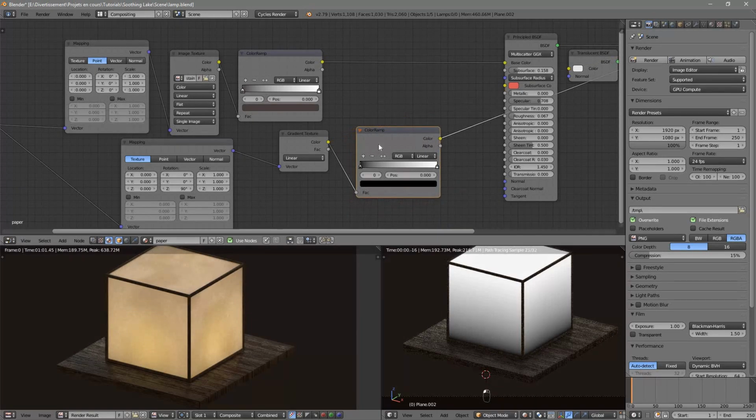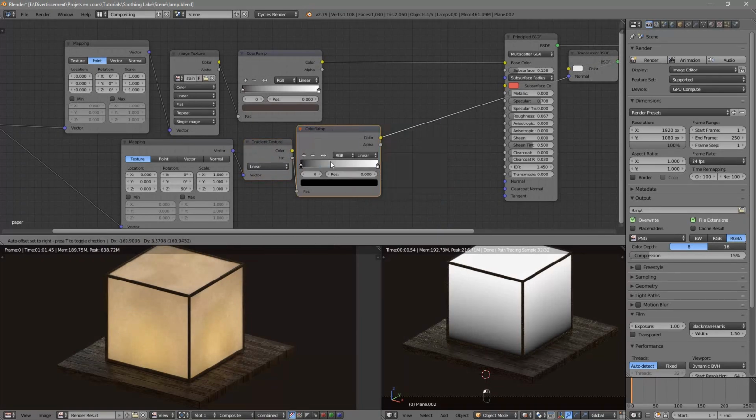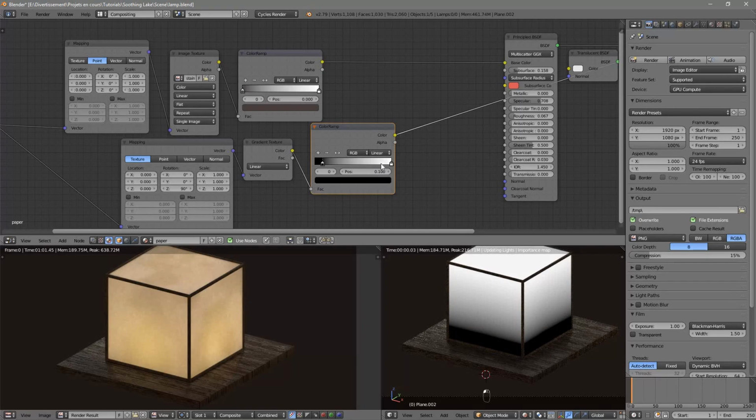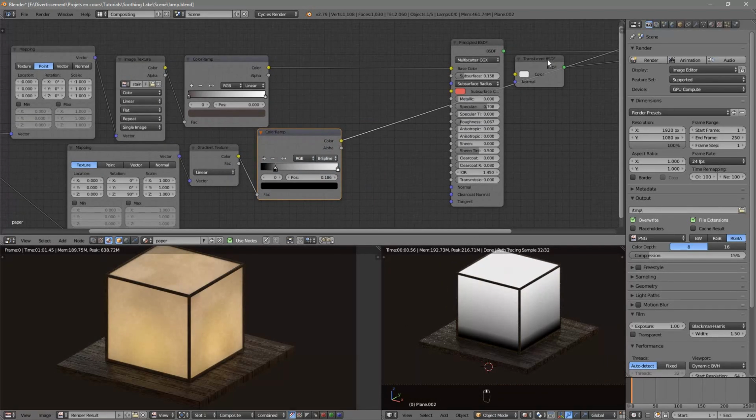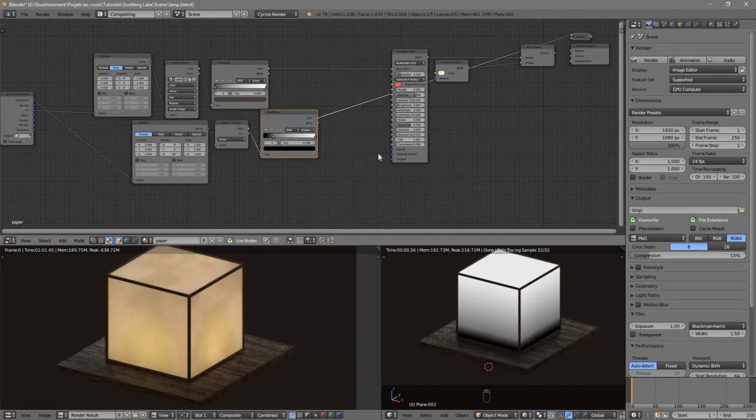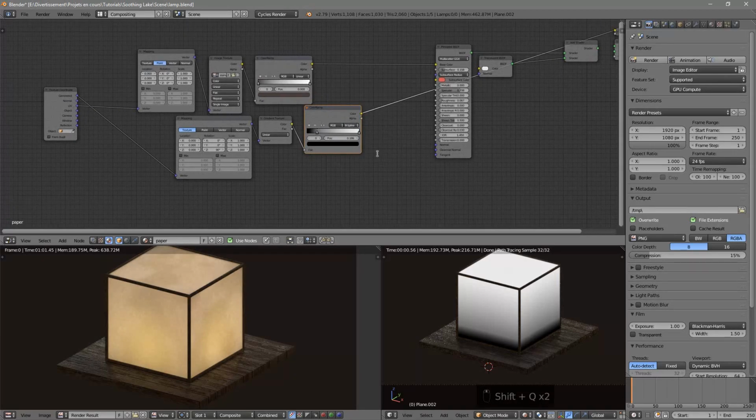I use the color ramp a lot, as I think it's a really useful node. And we can move this black part a little bit, and we can choose B-spline or so, so we have a much better result. Yeah, B-spline, I think it's the best, or ease is also good. B-spline, I think I'm gonna go with B-spline. So we have this effect here, and really quickly we can mix it with a